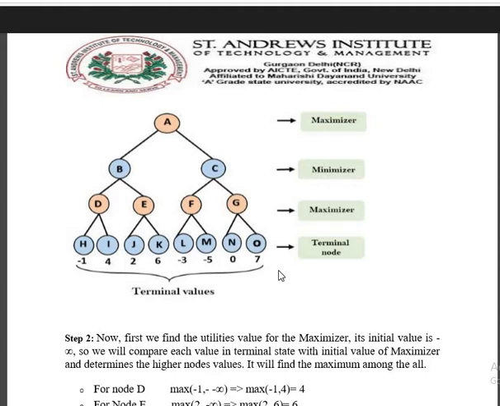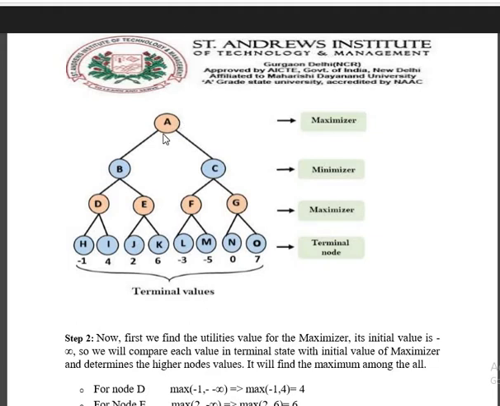So basically, here the game tree that we have seen from A, this also looks like a complete binary tree, but here in the terminal part we have mentioned some of the utility values. And every level indicates that every move will be taken by either the maximizer or the minimizer part.